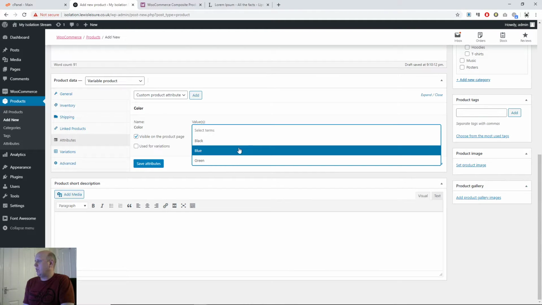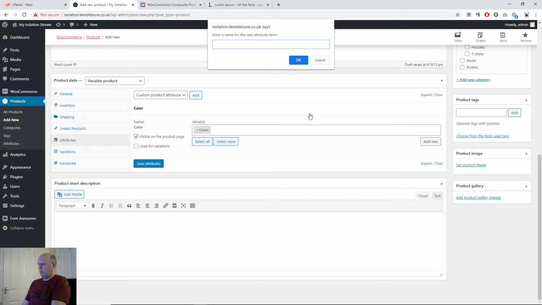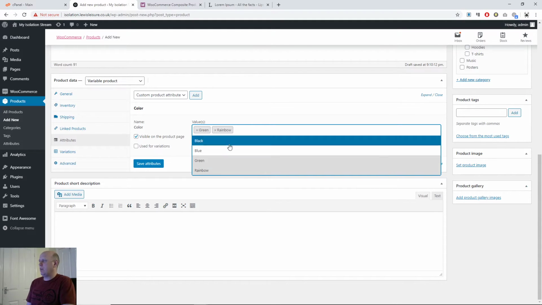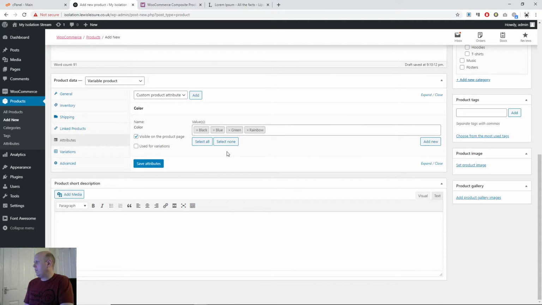So select terms, these are pre-configured in the WooCommerce settings, or you can add your own separate one. So if you've only got one product that's got like a rainbow color or something, you can just do it on the individual product page, and that will then update the whole list. So if I added another attribute now, I would then have the option to have rainbow, and there it is. So let's select 4. Right, so use for variations, you're going to need to tick this, otherwise nobody's going to be able to select what color they want. Click save,